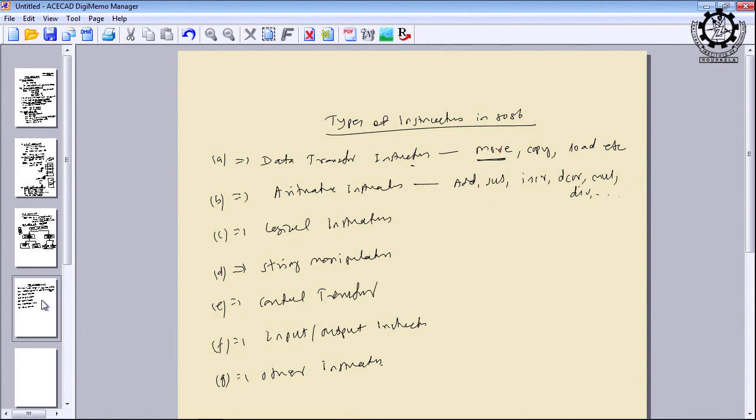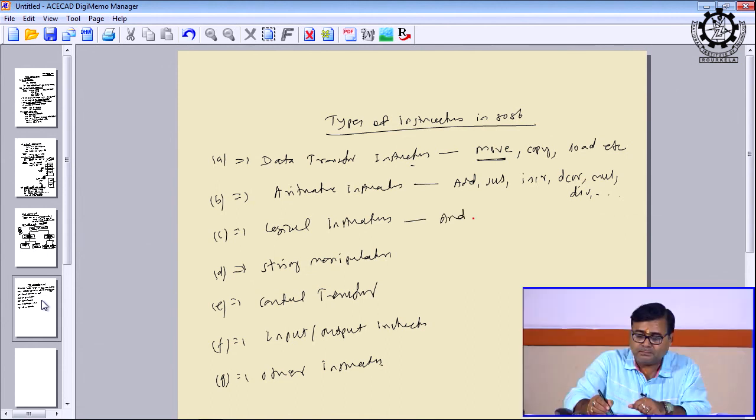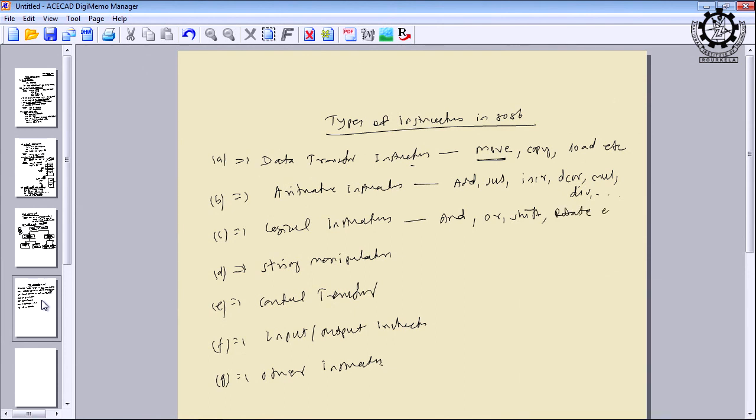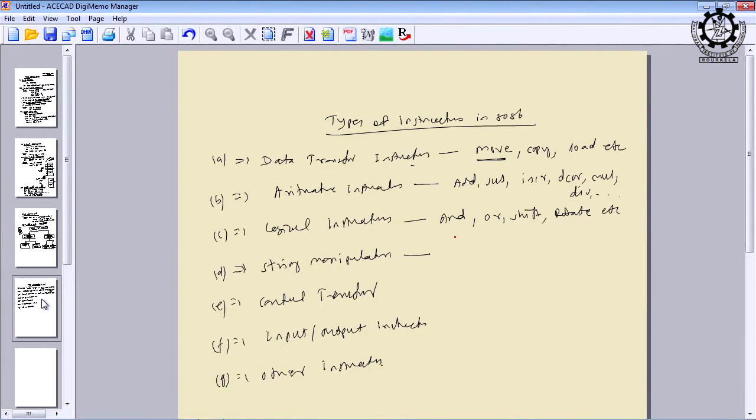Similarly, under logical operations we have AND, OR, shift, rotate, etc. We will discuss the syntax and semantics of each one by one. Then string manipulation instructions, we have load, store, etc.